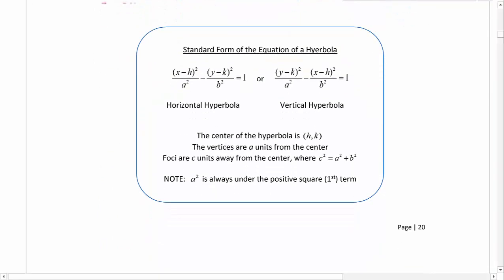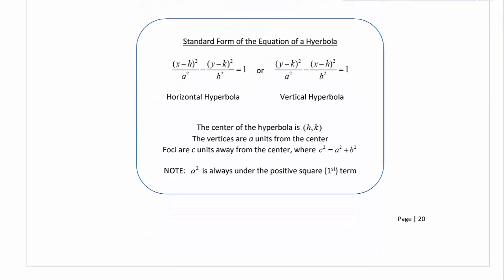So here we have our standard form of the equation of a hyperbola. It looks extremely similar to standard form for an ellipse, but there's two big differences. First off, it's a minus in between the two terms instead of a plus, right? Ellipse is a plus. The second thing is the variable that comes first, x versus y, changes depending on whether